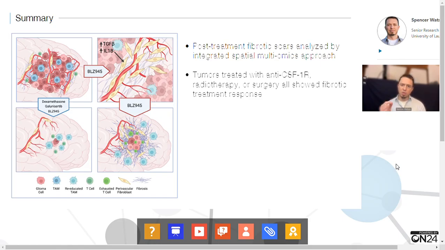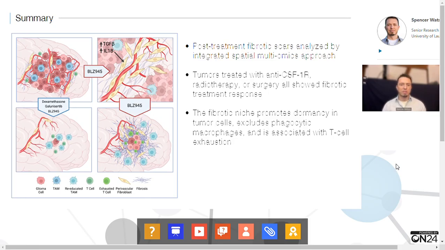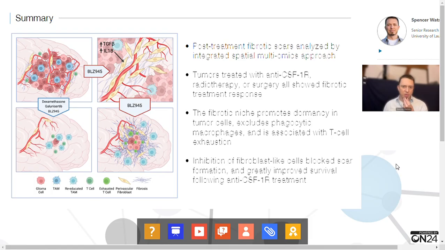samples. So using this spatial multiomic data set, we were able to identify how the fibrotic niche was potentiating recurrence, identifying that it was promoting a dormant stem-like state in surviving tumor cells. It was excluding phagocytic macrophages, and was also highly associated with T cell exhaustion. And we could also see that it was strongly promoting recurrence through the expression of a huge range of wound healing growth factors. And then finally, I will stress how critical the full spatial multiomic data set was